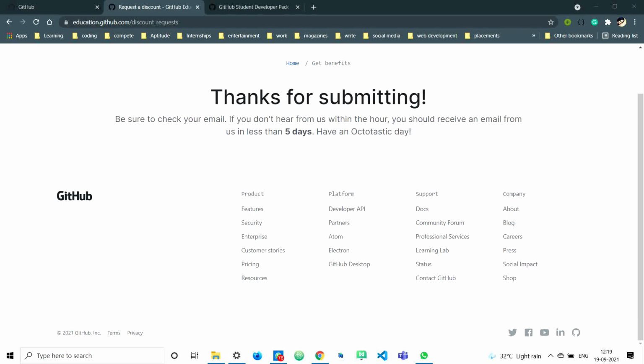So finally we have registered. Just wait, we'll get a mail at the registered mail ID very soon once the account is verified. After submitting this request form, you get this message. This means within the hour you get a mail from GitHub that your account is verified and you can claim your pack, or else you will definitely receive it within less than 5 days.